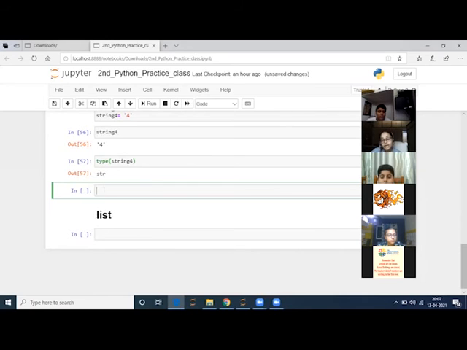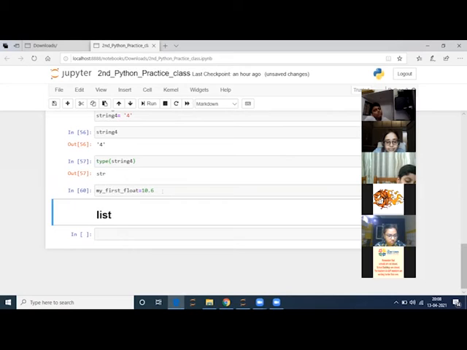Okay. Now we will see how to convert this data. See, num equal to 10.6, for example. I am initializing my first float as this.